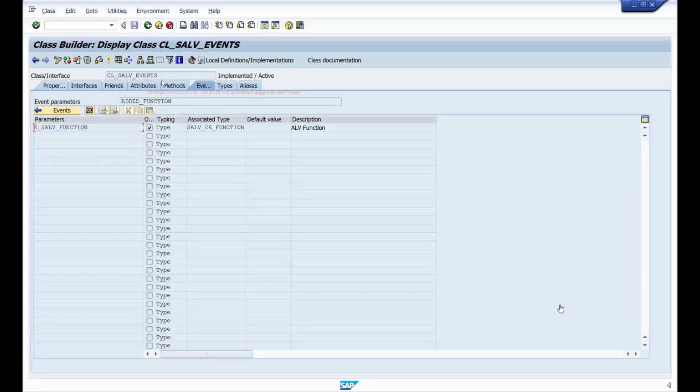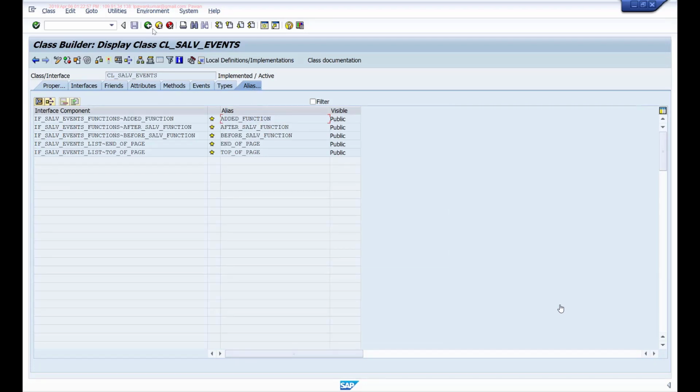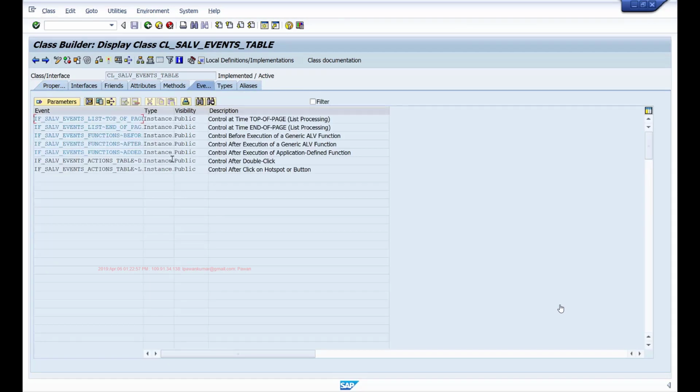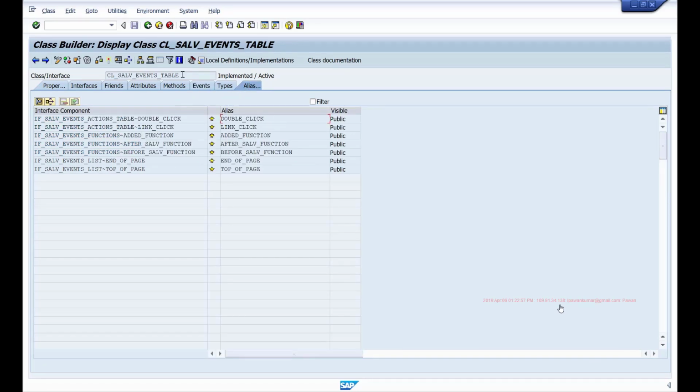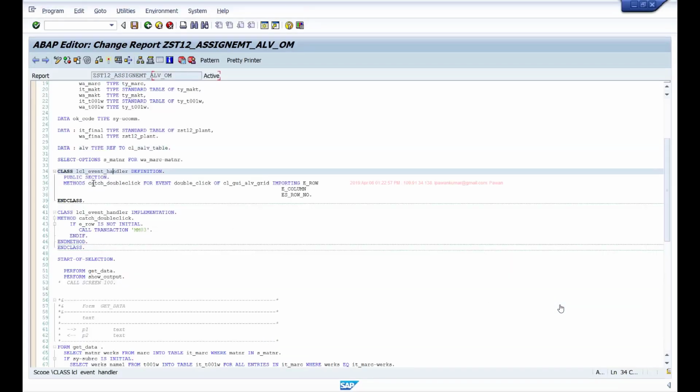So we'll implement this. The name of this event is added_function, and I'll be using this alias from this class. I'll implement one event handler method for this event added_function as well as for double click. With this information, I'll go back to the same local class, but now this method will be for event double_click of this class.